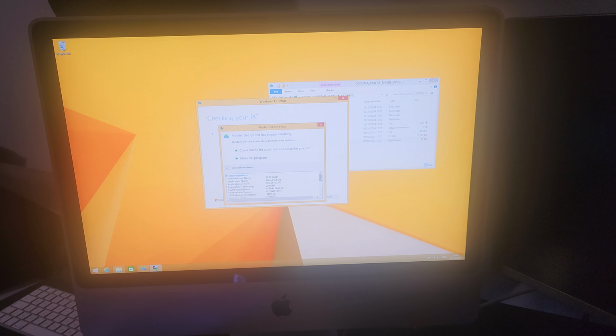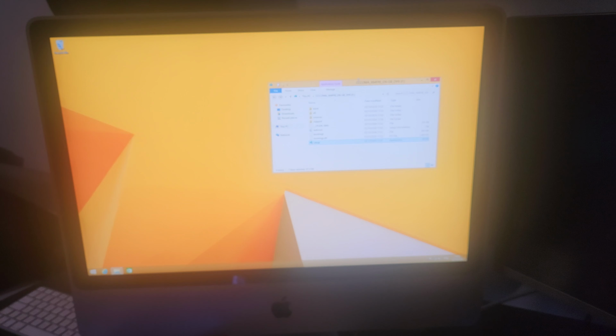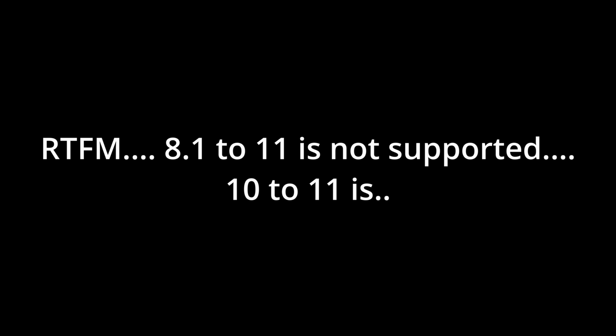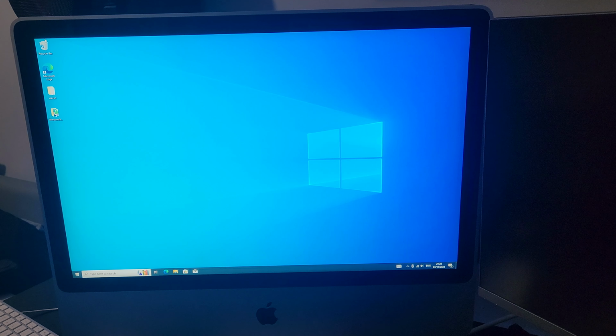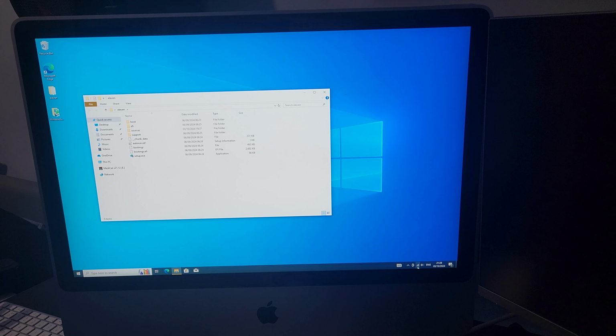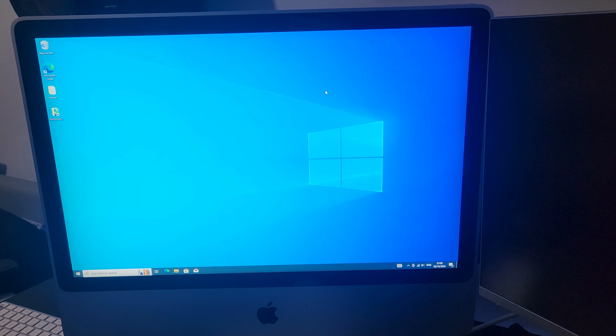It may be because this is a patched installer and you're meant to just boot from the USB, really. Okay, so I upgraded to Windows 10 first of all, and I'm going to try and get around this problem by using Windows 10 and seeing if that stops the weird crashing and any issues like that. So what I'm going to do,